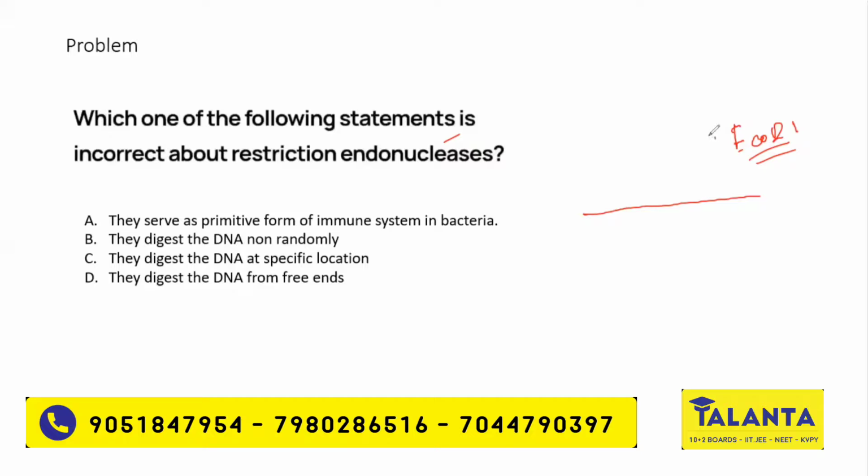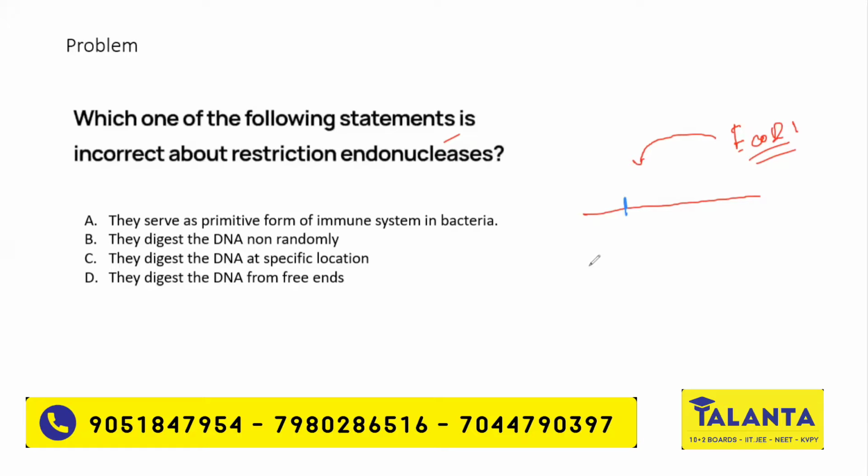So first, this EcoR1 will search for a specific sequence that is assigned for EcoR1 in that fragment. Suppose it is finding it here, then this restriction endonuclease will cut the DNA in this particular region